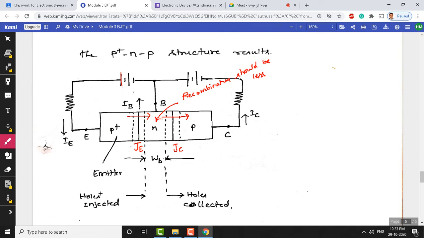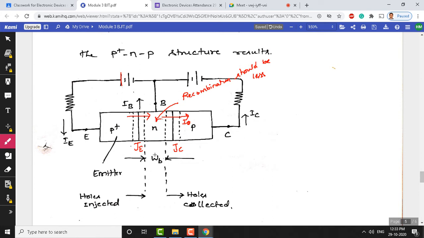So, this diagram shows you the forward biased emitter junction and the reverse biased collector junction. Here you can see that I naught current will continuously flow due to the reverse bias. Okay. Now, if you keep injecting the holes here, this current will further increase. Okay. And all holes which are emitted will be collected by the collector here. Okay. So, we will spend a lot of time understanding the charge transport mechanism and charge distribution within each of these regions here.